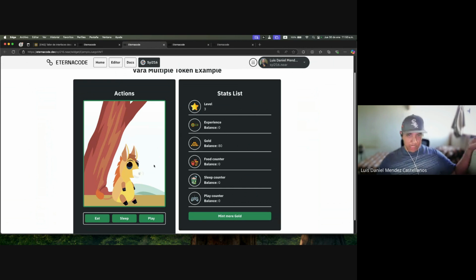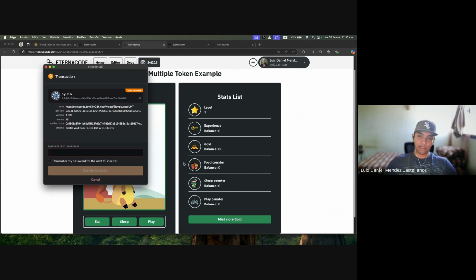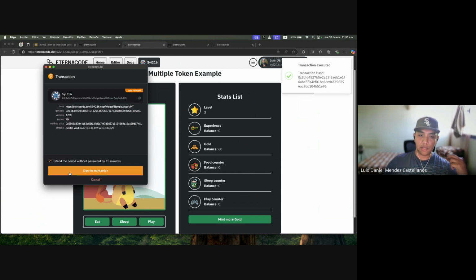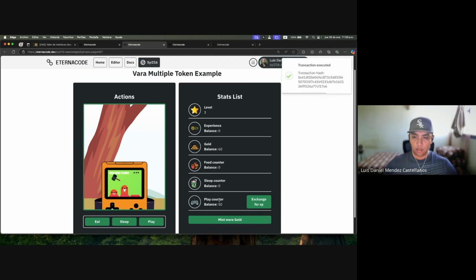Well, here we have the example. In this case, we have a burrito that we can interact with like a Tamagotchi. We can play with it, we can sleep, and we can eat. And if we click play on it, first of all, we are going to burn the gold. I remember it because I'm going to do some transactions. And we execute the transaction to burn tokens. The gold is burned, and we mint the play counter to interact with the burrito